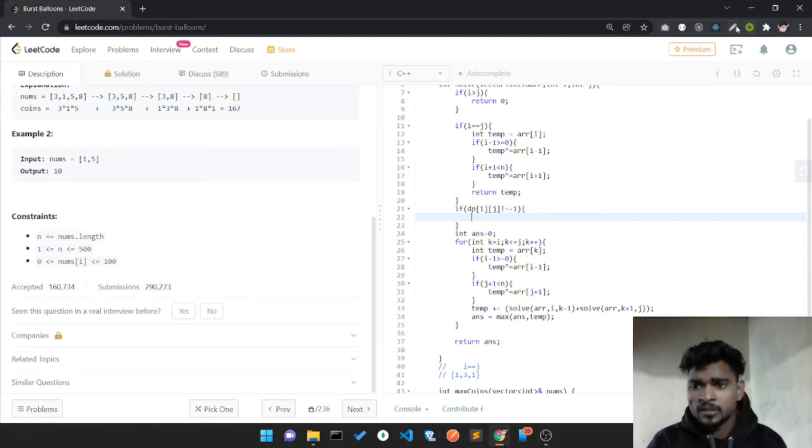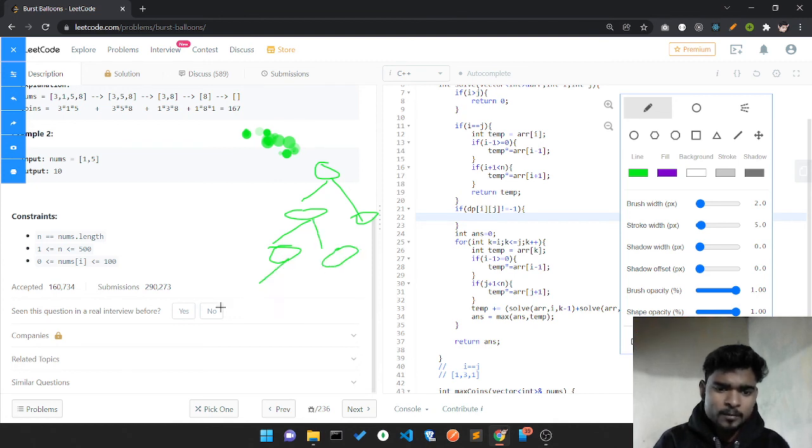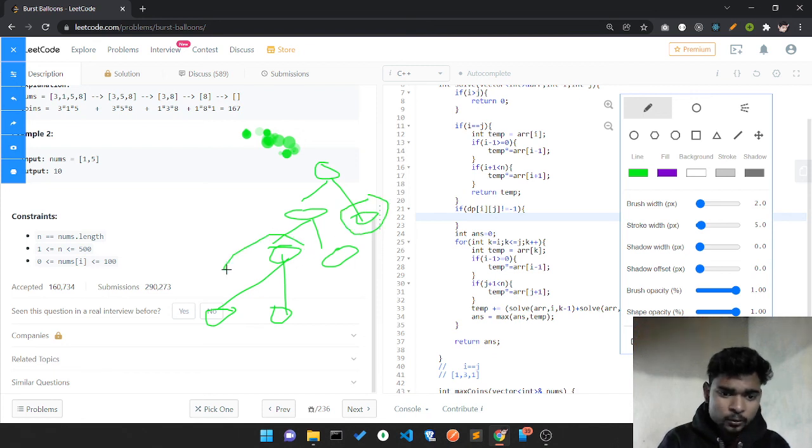Okay, let me use the pen because it's a recursion. I'll just draw something. Sorry, I'll call one function here and here. There might be a possibility that if I want to solve this problem, I'll do the computation. But if I want to solve this question again, I already did the work in that part.